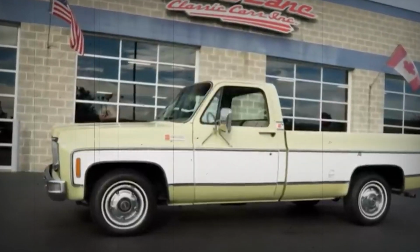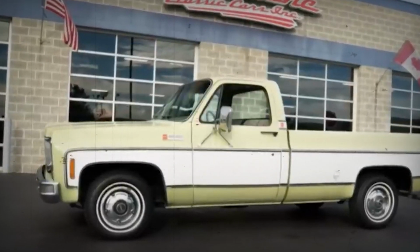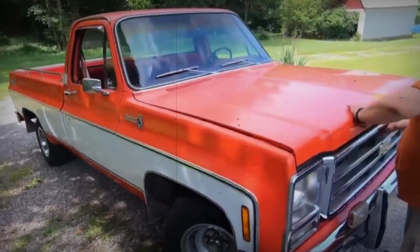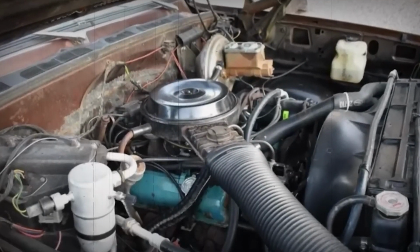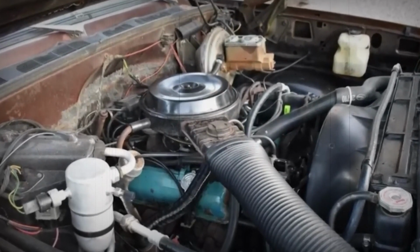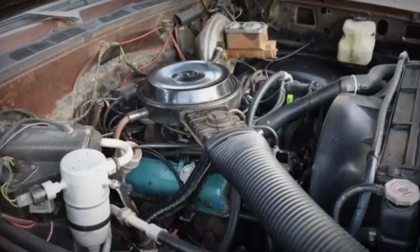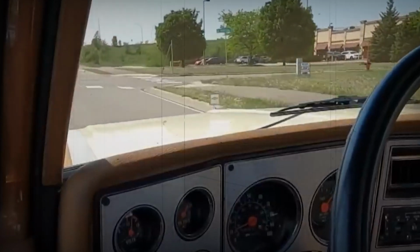Under the hood, the 1979 Sierra featured a powerful 5.7-liter V8 engine that produced around 125 horsepower at 3,600 RPM and generated 225 pounds per foot of torque at just 1,800 RPM. The engine block was built from sturdy cast iron, while its cylinder heads were made out of lightweight aluminum alloys. Running on diesel fuel with an efficient indirect fuel injection system, this truck managed to be both strong and relatively